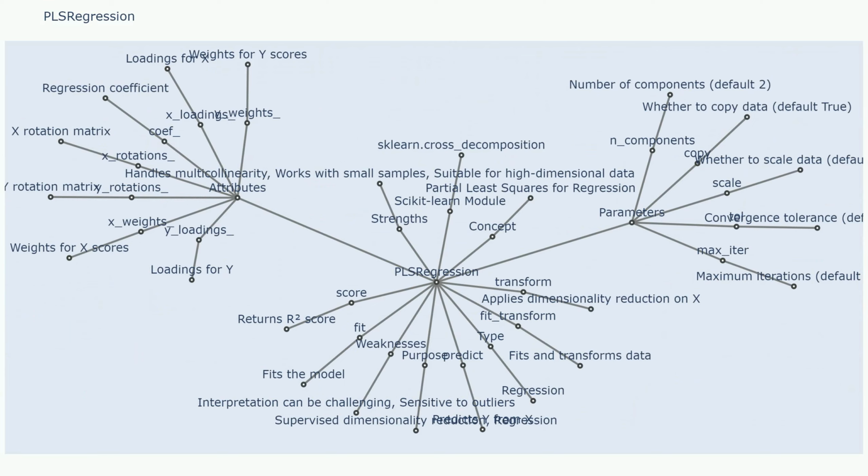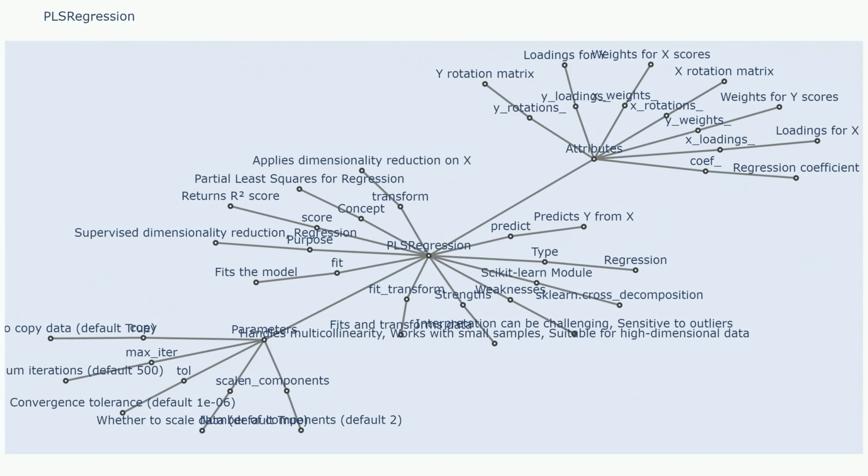Advantages of PLS regression. Handles multicollinearity effectively: it deals with highly correlated predictors. Reduces dimensionality: it extracts latent variables, reducing the number of variables to consider. Nonlinear relationships: it can handle nonlinear relationships between predictors and the response. Interpretable results: it provides insights into the relationship between variables through